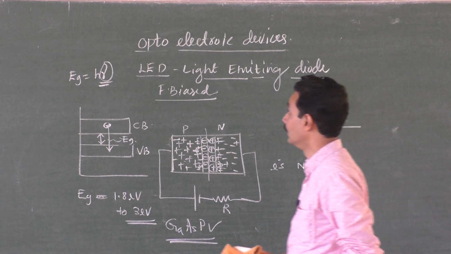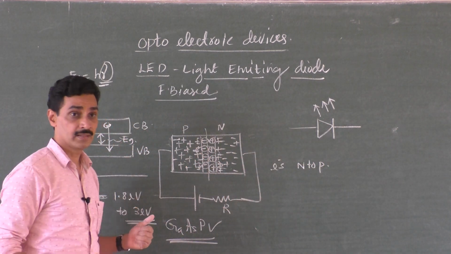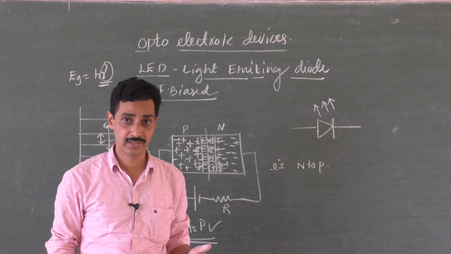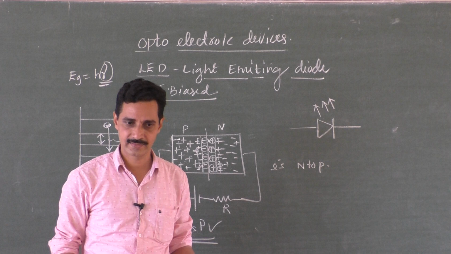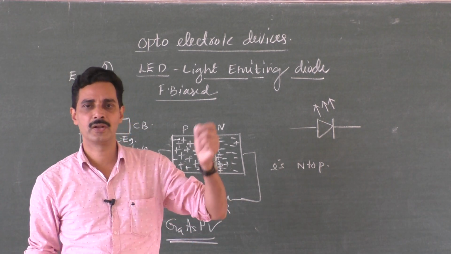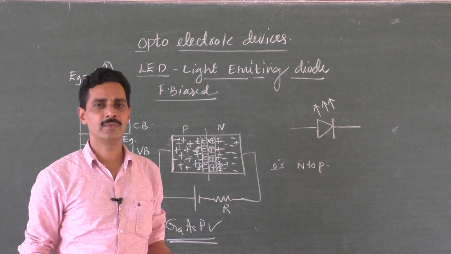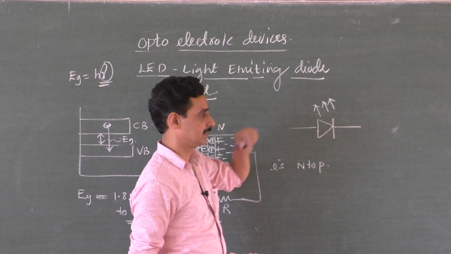The symbol is this one. So, optoelectronic devices, second one. First one is the Zener diode. It is not an optoelectronic device because it doesn't use light. It is used as a voltage regulator, reverse biased. Then the photodiode, an optoelectronic device. It needs light to fall on its junction. It converts light energy into electrical energy. And the symbol is with the light falling on it like this.